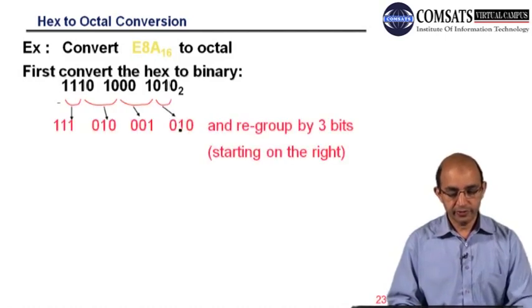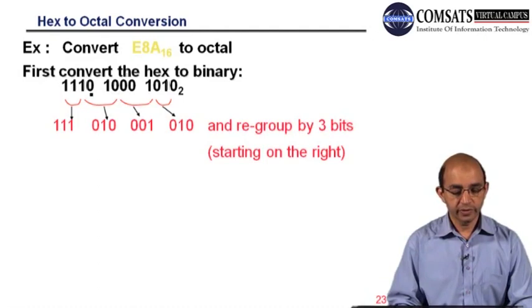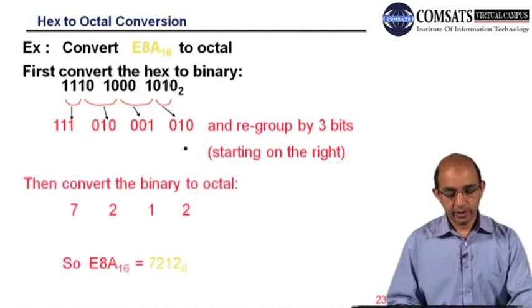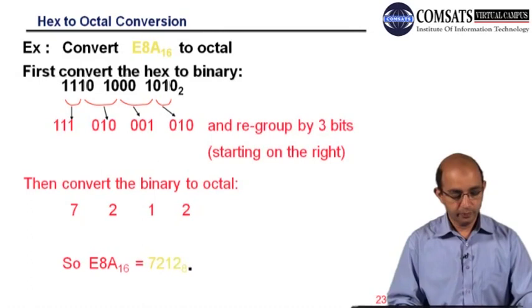So this one will go with those two zeros, and those two remaining bits will go with 0, and we have 1 1 1 here, right? So then we have to write down the equivalent and corresponding octal, right? So this is 2, this is 1, and this is 2, 7, right? So this is 7212 base 8,